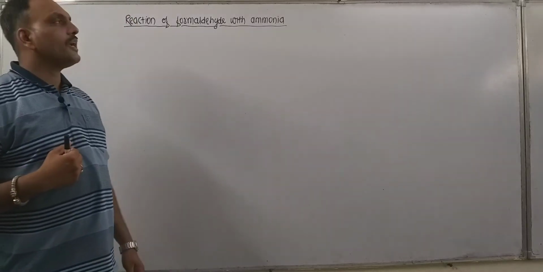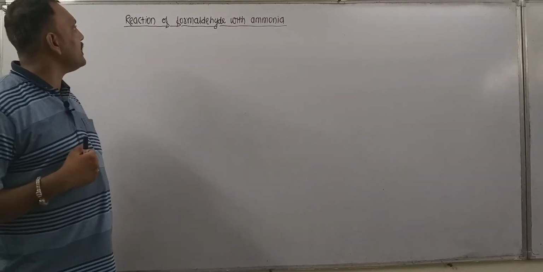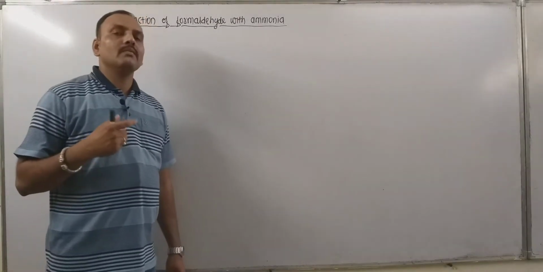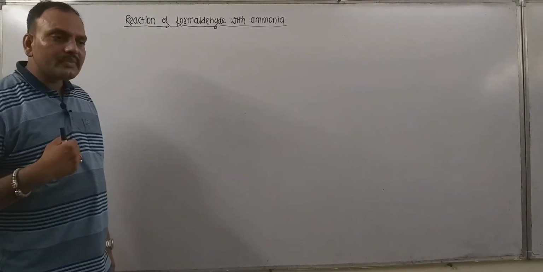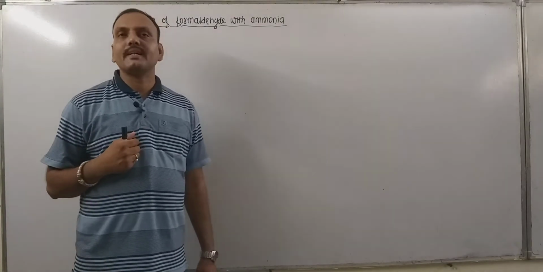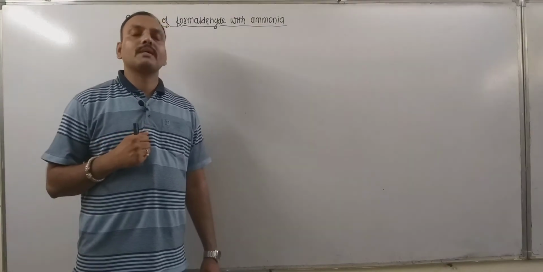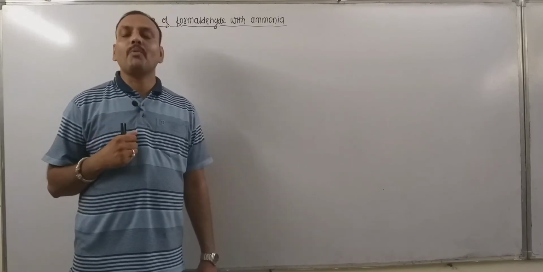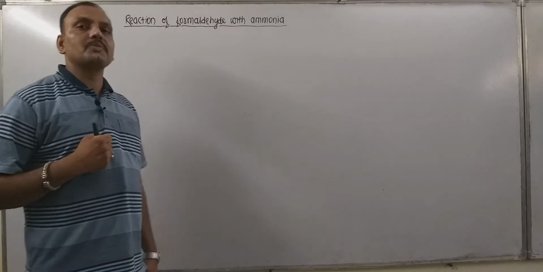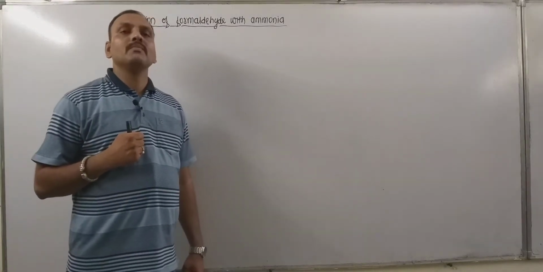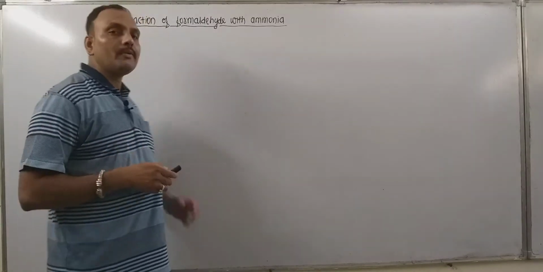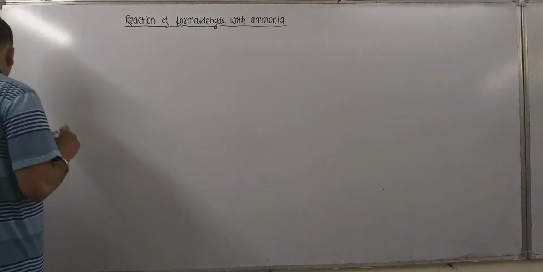Everyone, so today's point of discussion is the reaction of formaldehyde with ammonia. Now remember, the reaction of formaldehyde with ammonia is a very complex reaction, but the product obtained is most important. Formaldehyde reacts with ammonia to form hexamethylene tetramine, which is popularly known as urotropin, and the reaction can